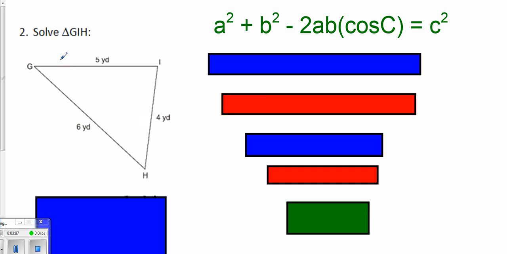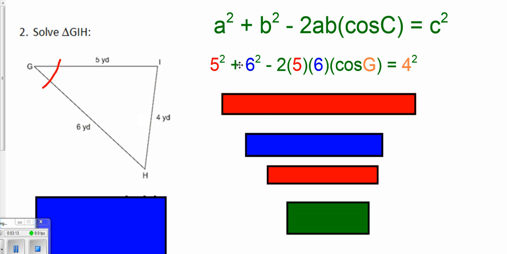So first we're going to look for angle G, just because I picked angle G. It really doesn't matter which one. But angle G is across from 4, so 4 has to be our C value. And then it doesn't matter what order you use. I'll use 5 as A and 6 as B. So 5 squared plus 6 squared minus 2 times 5 times 6 times the cosine of G. We're not sure how big it is yet, so we have to leave it as the cosine of G, equals